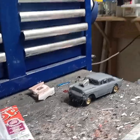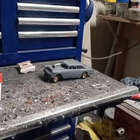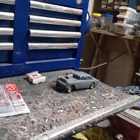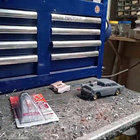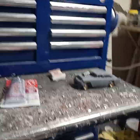James's 57, the groovy gasser, as I call it. So it has to look like James's gasser, and I have to do that, because it is for James. So yeah, I found